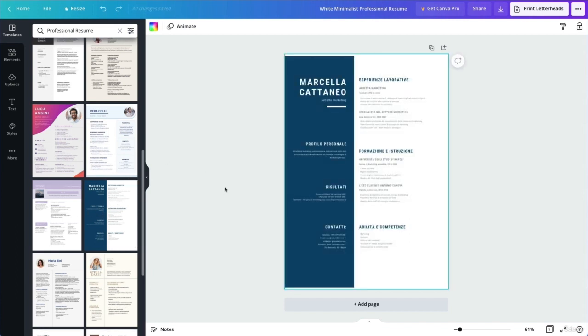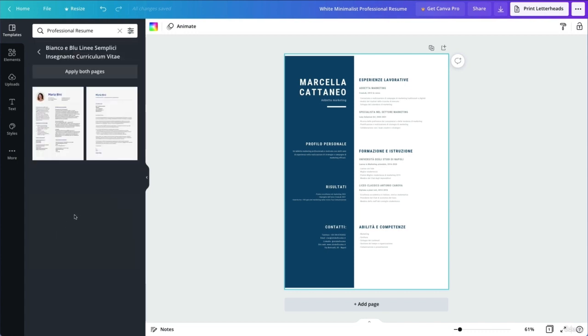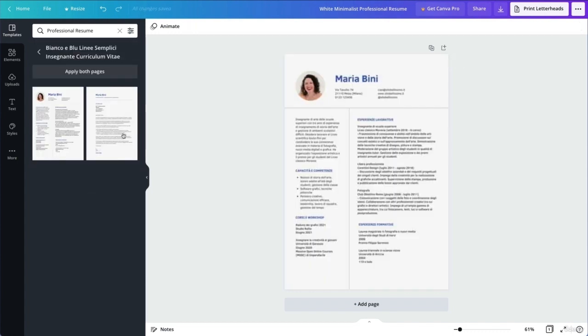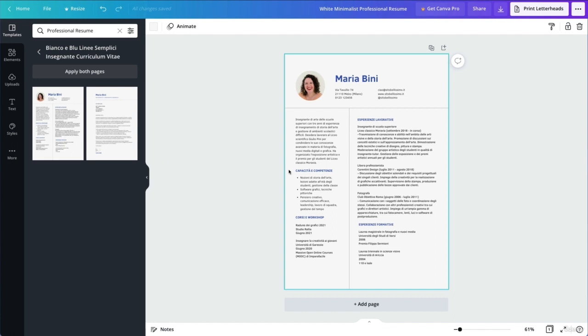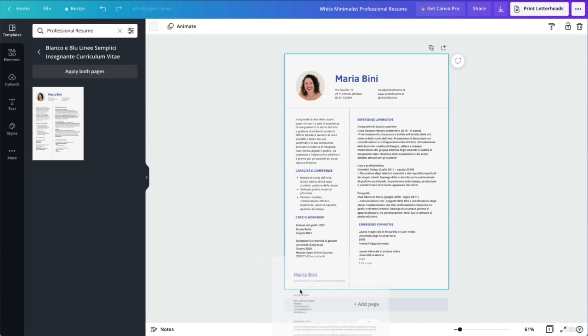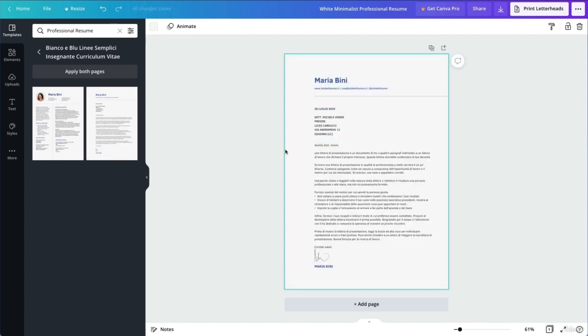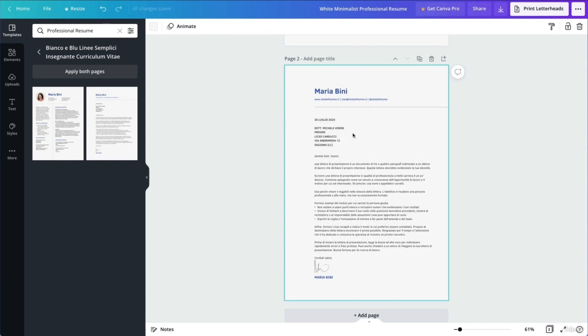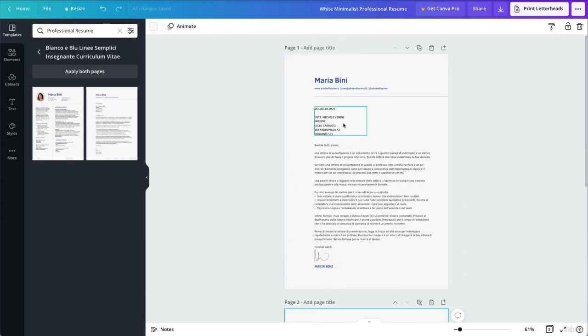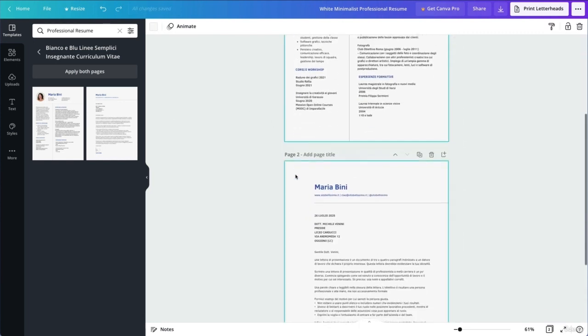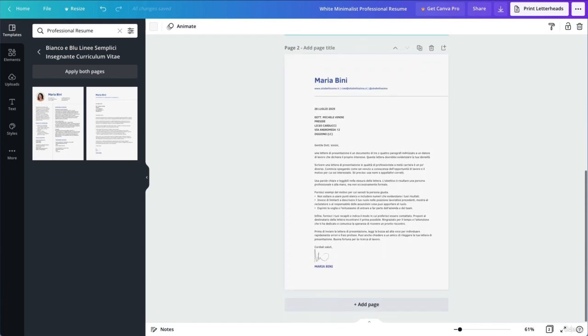And as you can see, it's very easy, it's very fast, and you can literally just use these templates in a very fast way. You can also drag and drop them on top of the current template design, and you can also add a new page. So for example, if you want both of these, you can simply do that in a very fast and efficient